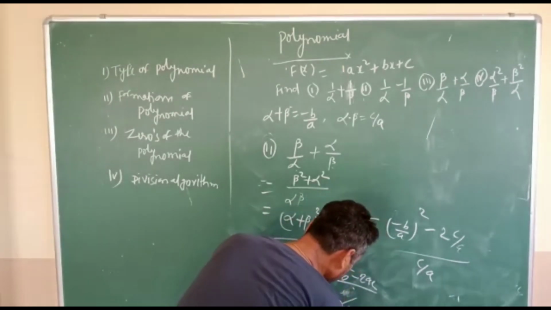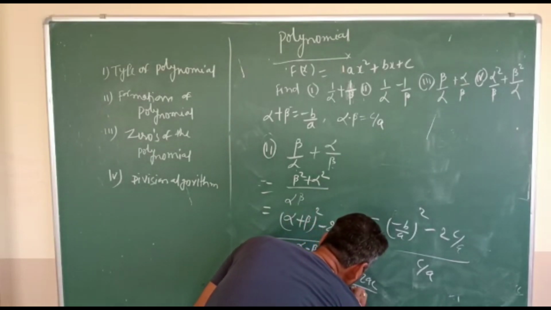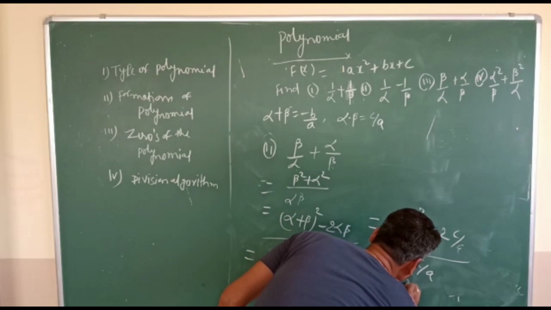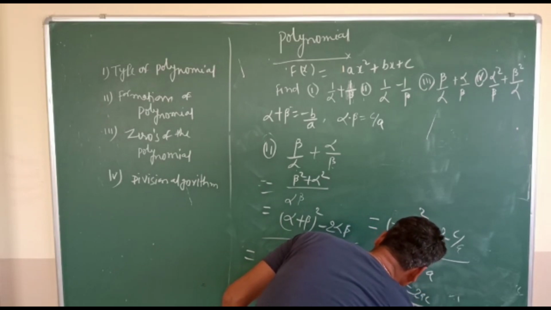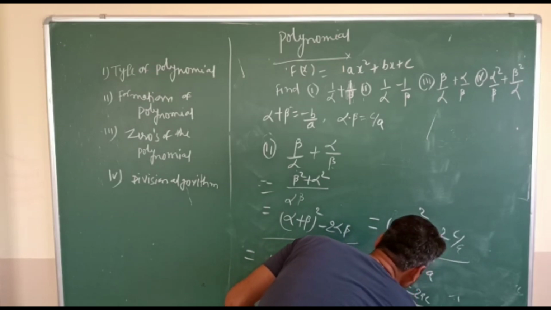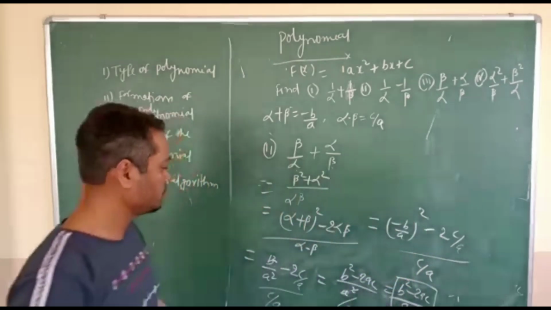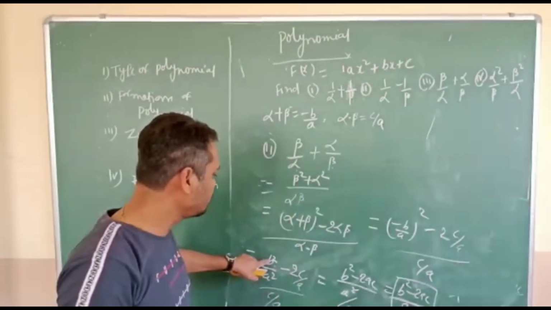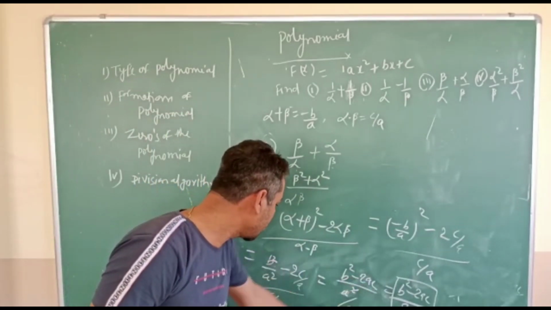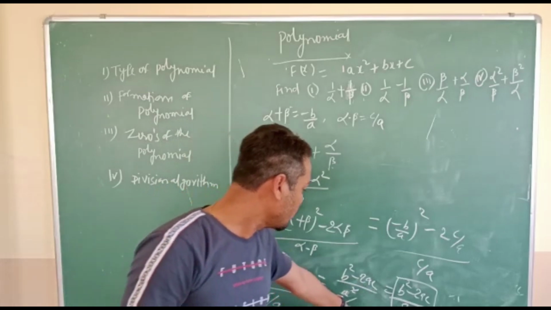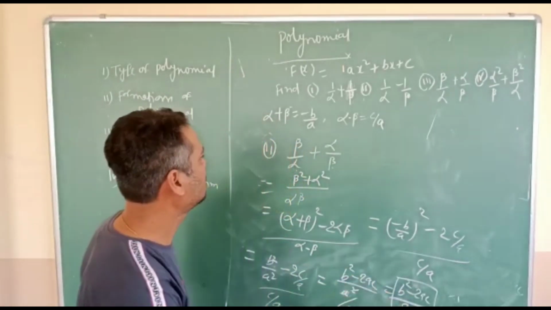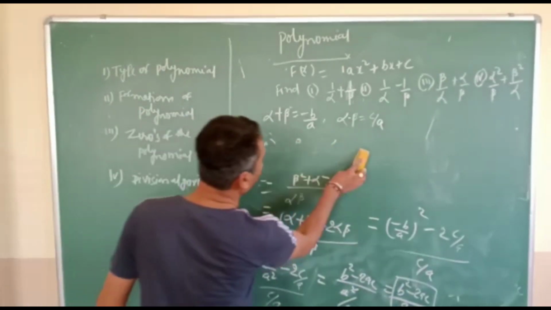not a square, only a will go. So a will go away, c will come in multiplication. So we have b square minus 2ac by ac. Simple. I took LCM, so this became only b square, and this will become 2ac by a square, and down we have c by a. One a will go away, and this ac will come in multiplication. We have this. Okay, now let's come to the last part.